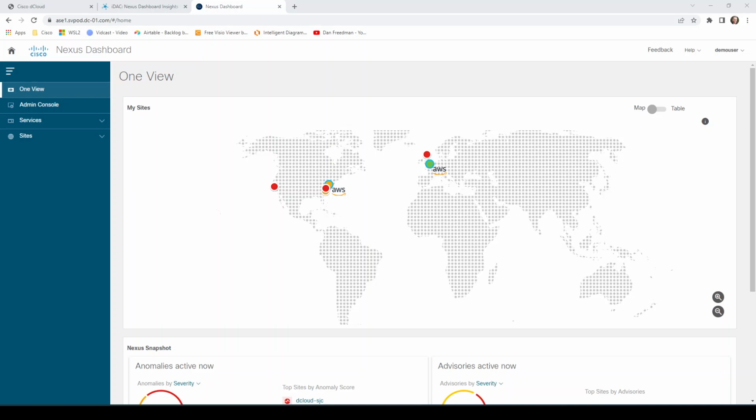All right, so I wanted to cover Nexus Dashboard Insights. As you can see here on my screen, I'm using a dCloud environment. When I log in, I see One View. One View is when you are able to basically see multiple Nexus Dashboards with different services running on them from a single consolidated view, which is what we're